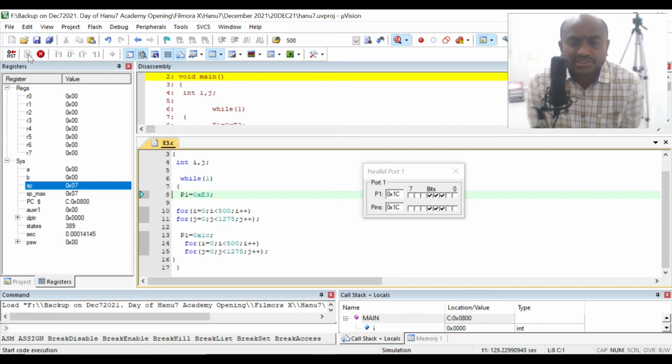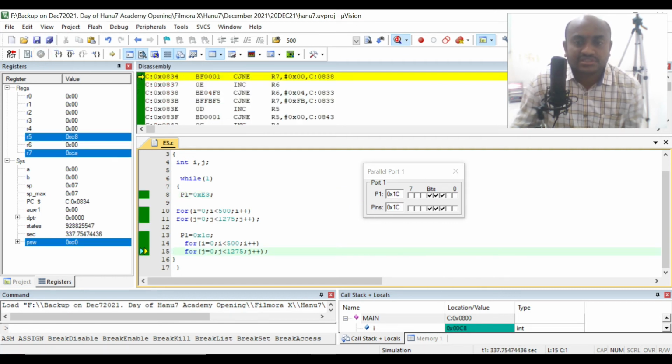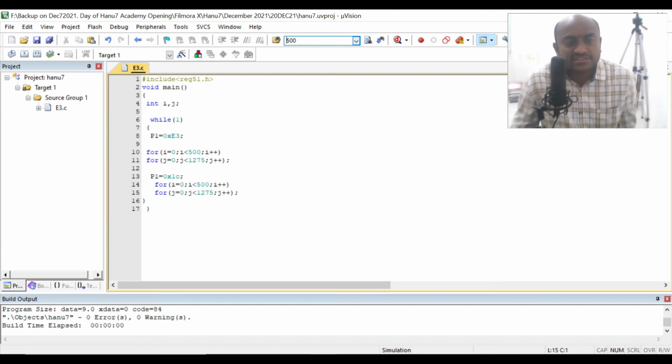What you have to do is give power supply, that is voltage 5 volts, to that particular pin, and then remove it. Give the power and then remove it. So that will make the LED be in a blinking state. Okay, so this is the program which we wrote for blinking 8 LEDs at a time, whether all LEDs or alternate LEDs or 4 LEDs or 3 LEDs, something like that.